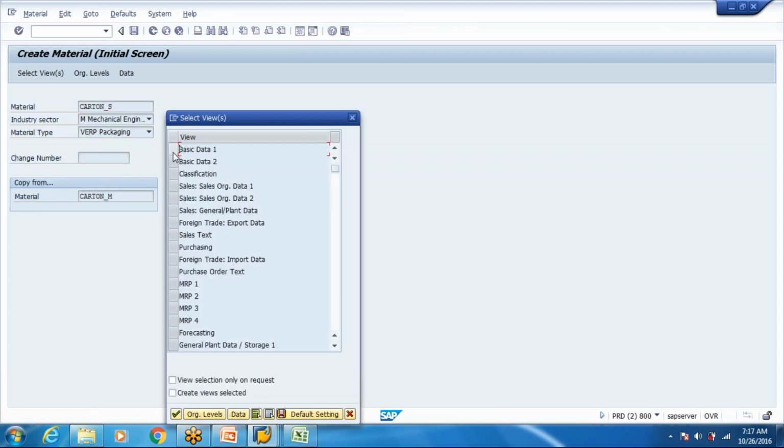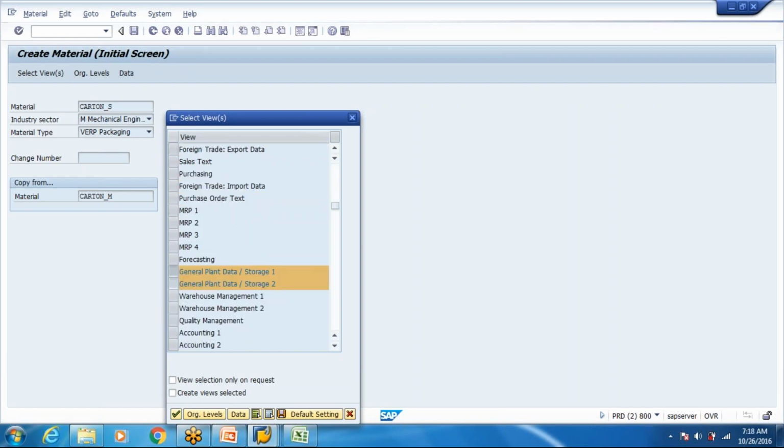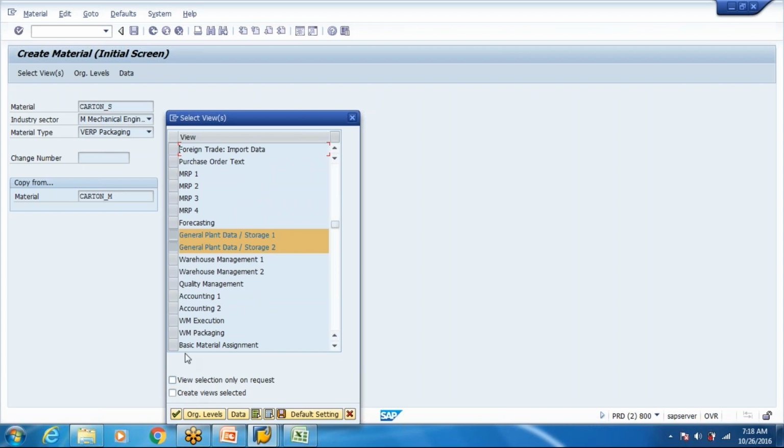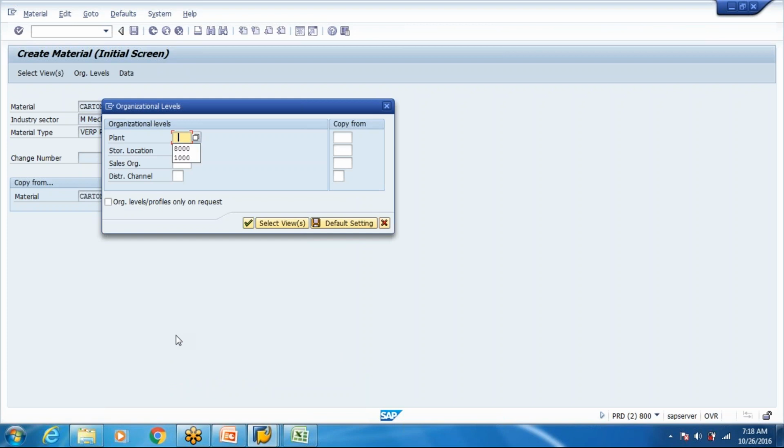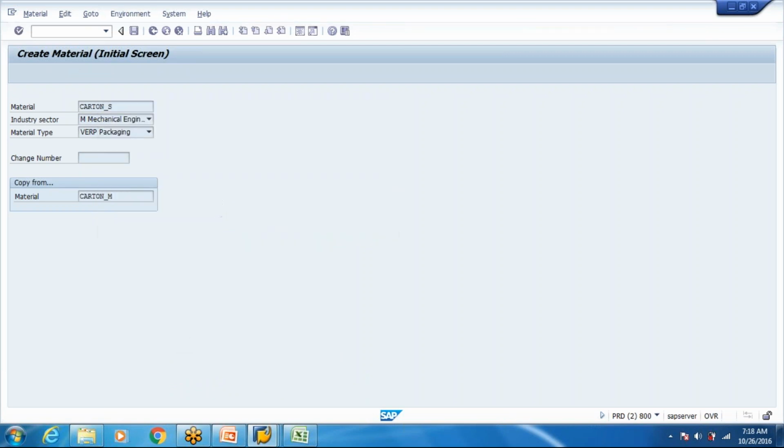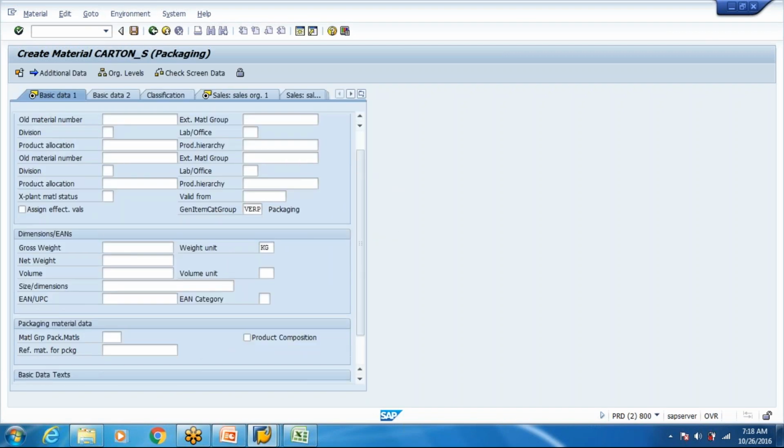For this packaging material, you need to create at least these views. This is the main view for that, general plant. You can also select the WM execution view, but it's not at the level of any plant or something, so we can take it anyway.